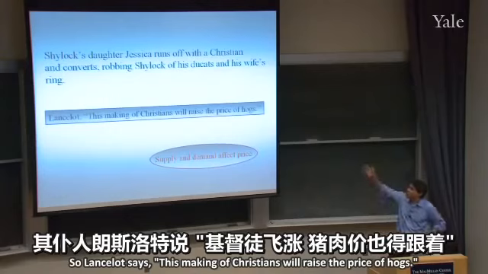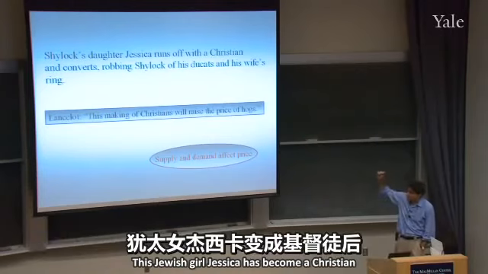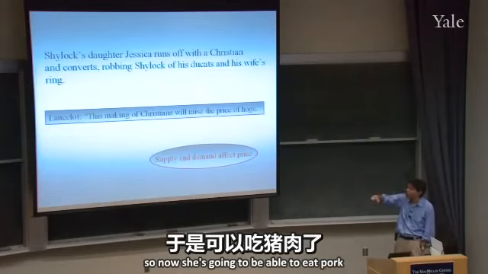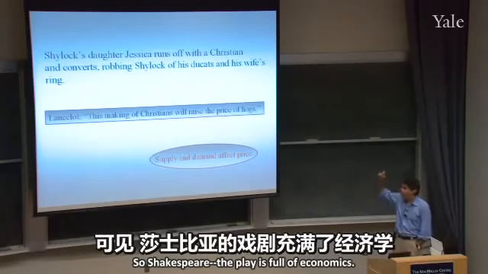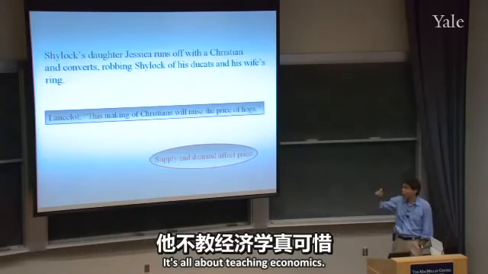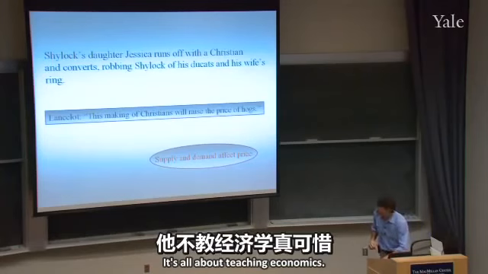So, another Lancelot says, "This making of Christians will raise the price of hogs." This Jewish girl Jessica has become a Christian, so now she's going to be able to eat pork, so it's going to increase the demand for pork and therefore raise the price of hogs. So the play is full of economics. It's all about teaching economics. Okay,